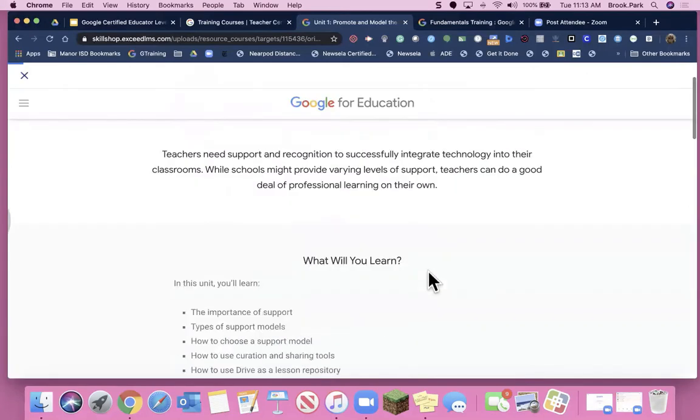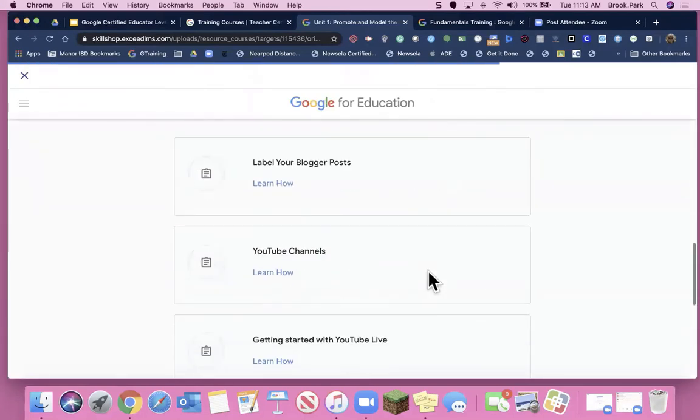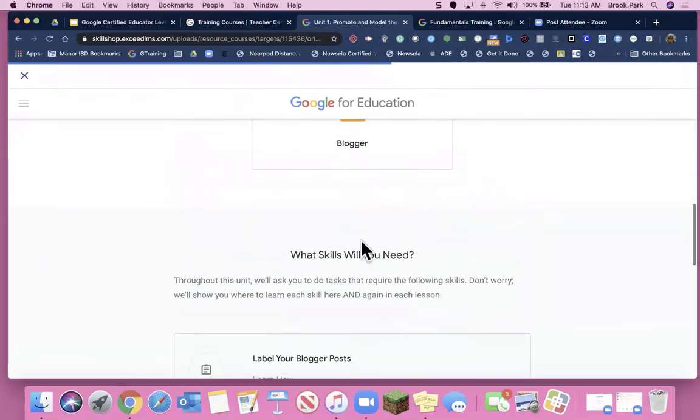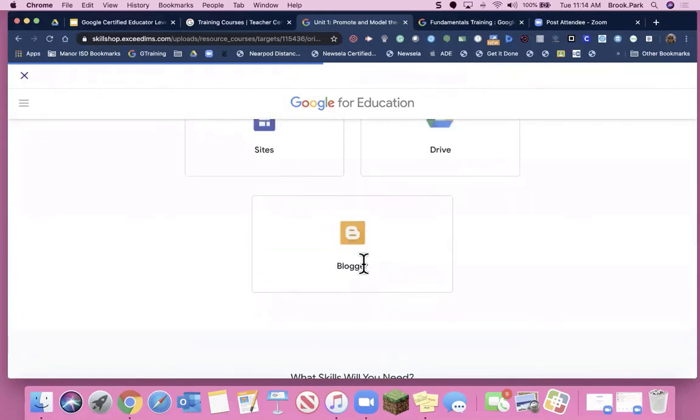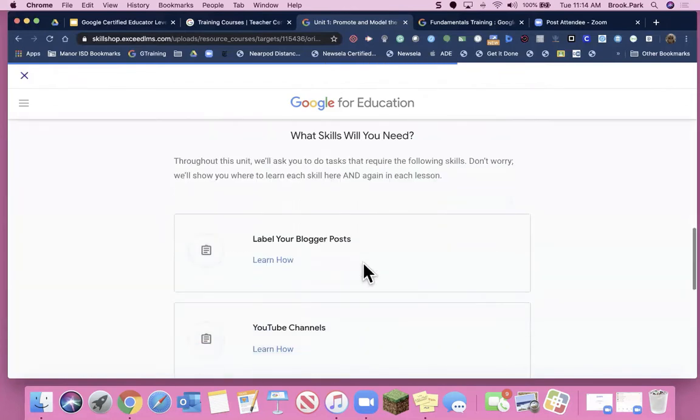So I just go to launch here, my e-course, and it tells me what I'm going to learn, the skills. And actually, this is something I would need to go back over, and I'm going to have to take the level 2 exam also. So I got the Google trainer status a couple of years ago, and so I need to keep up with it. And so part of that is retaking the test so that I'm prepared to be able to talk about them